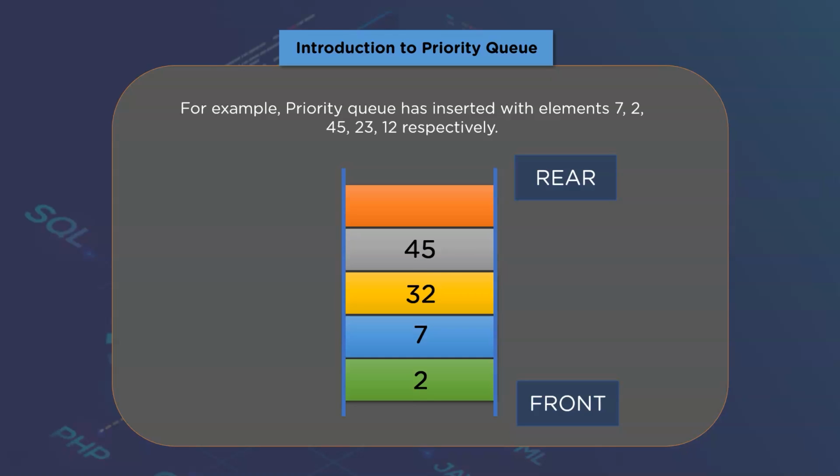Now we will perform the final insertion into our queue. We will insert 12 at index 4 now. But as you can see, this element is smaller than both the previous elements. Thus the algorithm will have to swap their positions. Now 45 will reach the end of the queue as it is the element with highest value, and 2 will remain at the front of the queue as it is the least valued element.